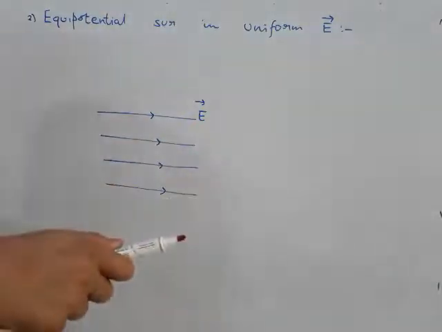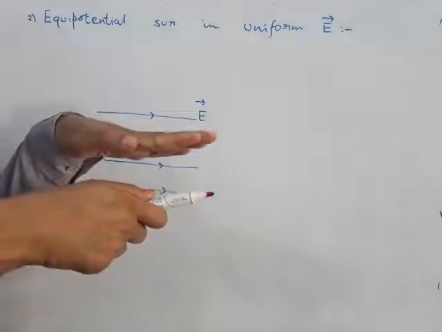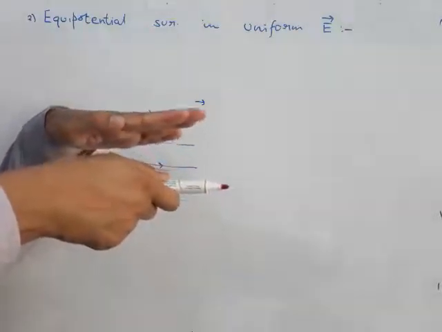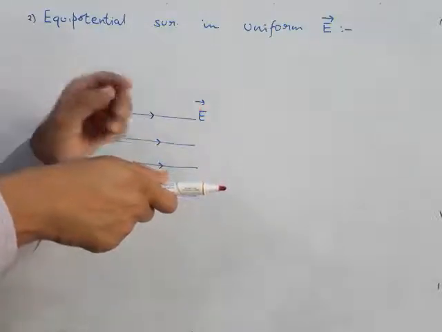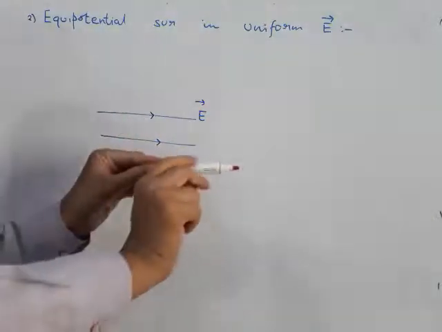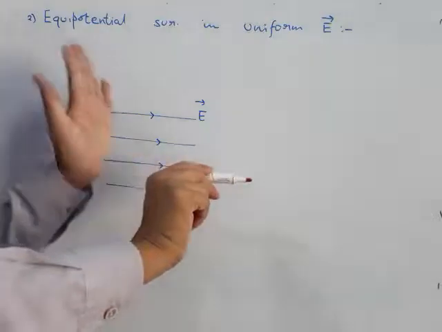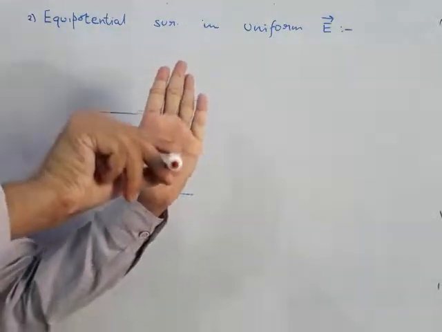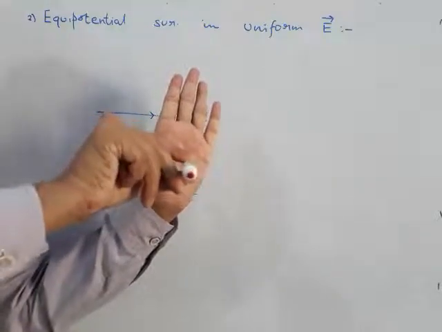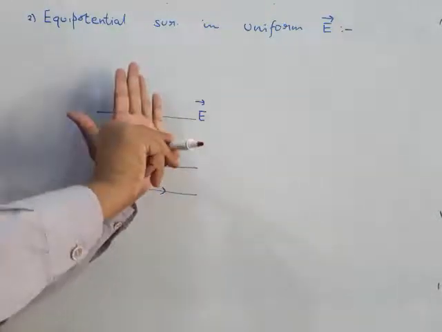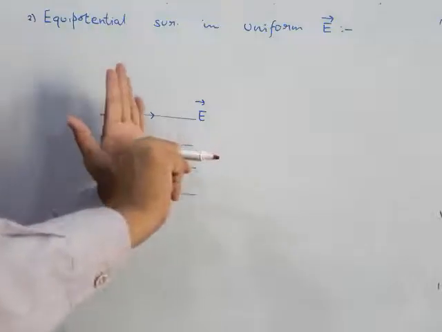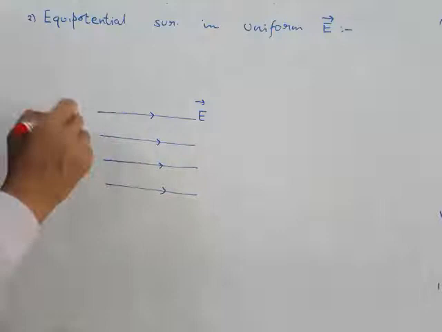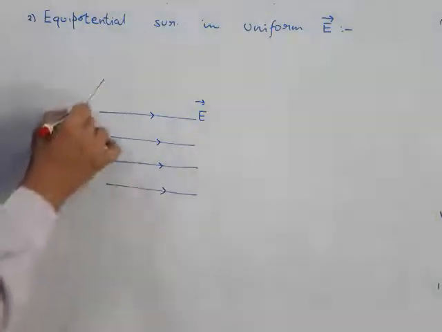So can I draw a plane like this, students? Of course no, because this electric field has to be normal to this particular plane. So the only possible orientation for the equipotential surface should be like this, like so. Is it clear, students? Electric field lines must be perpendicular to the plane, like this. Electric field is perpendicular to, or normal to, the equipotential surface. So the equipotential surfaces will be drawn something like this.